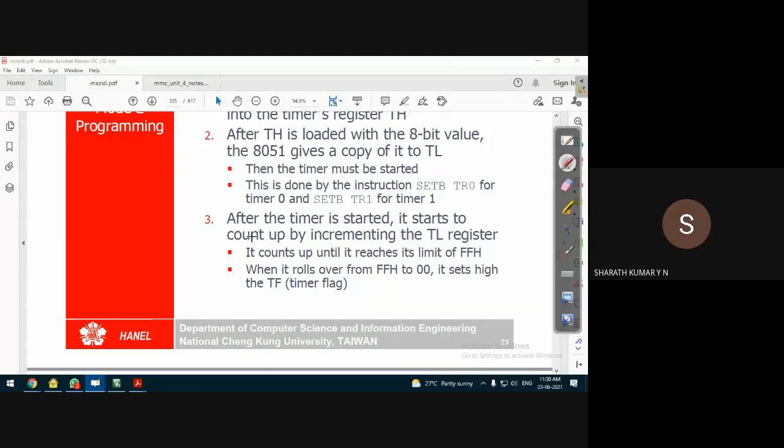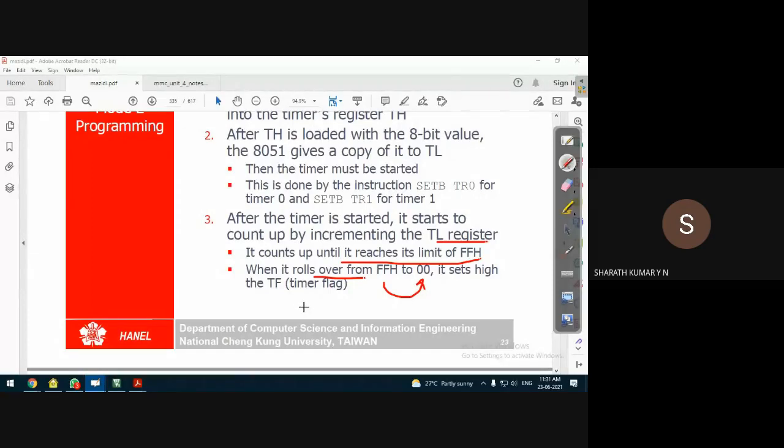They are all called increment based counters, but in some other microcontrollers we find a decremental counter also. You load some initial value, for example 2BH. On the application of the clock pulse, the count decreases instead of increasing. It depends on the microcontroller. So it starts counting the clock pulse. The count will go up to FFH, and on the application of the next clock pulse, the count will reset to 00.